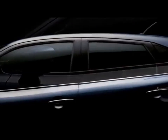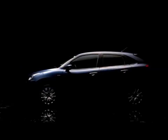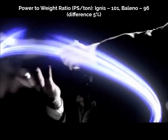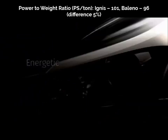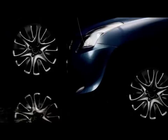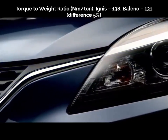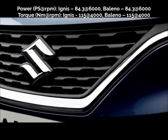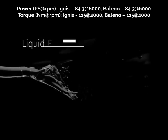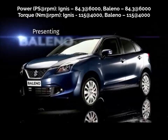Performance and drivability. Both petrol cars are powered by Suzuki's accomplished K12 engine. Since their curb weights are also in the same ballpark, there is hardly any difference in terms of performance between the two. The K12 is a global benchmark when it comes to small capacity petrol mills. It is remarkably refined and always willing to rev up to the red line. It is a bit short on low end torque but makes up for it with a punchy mid-range and a